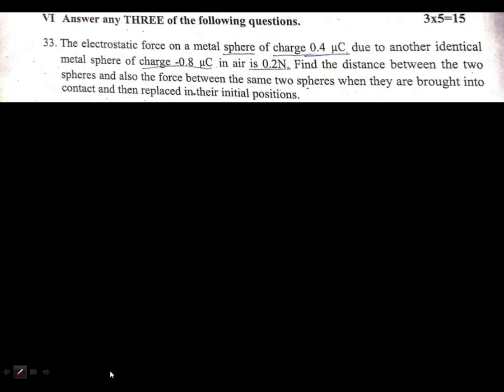Out of 70 marks, part D is very important because 50% of 70 marks, that is 35 marks, questions will be asked in part D itself. Now again, this part D is divided into 3 sections, and in the last section 5 numericals will be given. In those you need to answer any 3 numericals. So here in this video our focus is on the last section of part D where 15 marks are allotted.